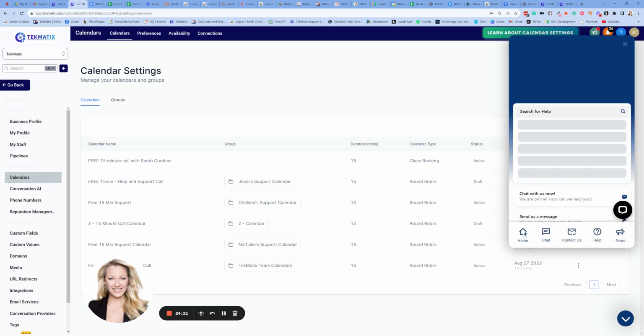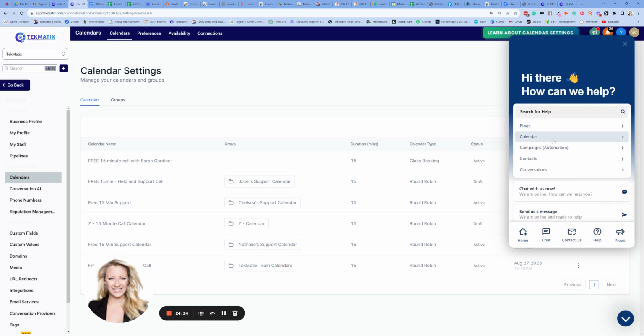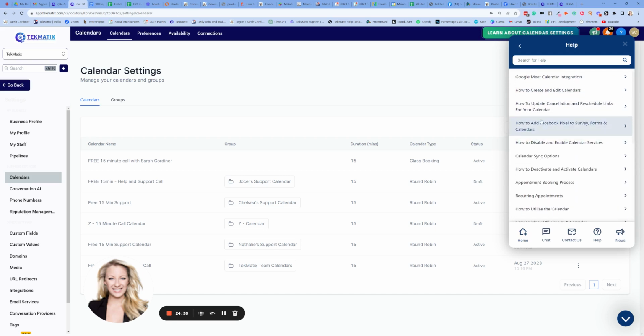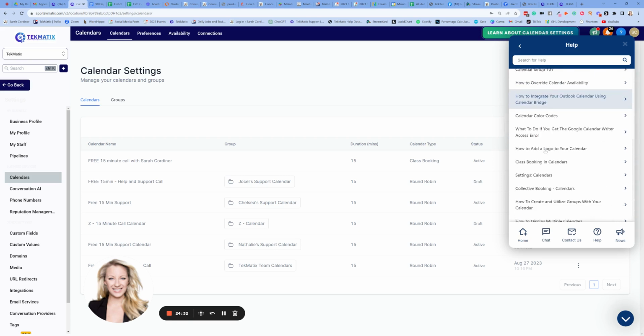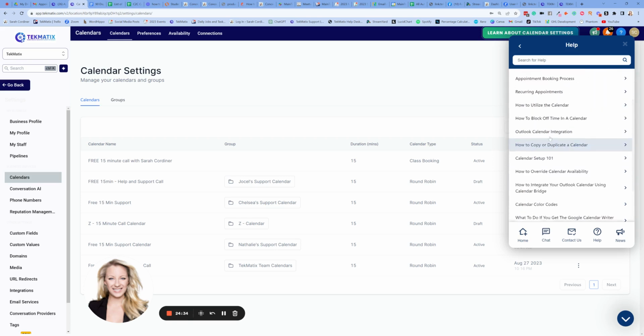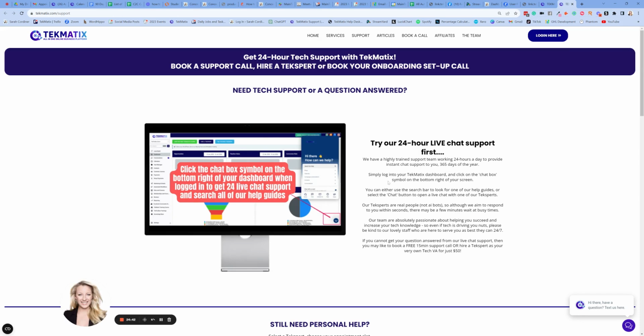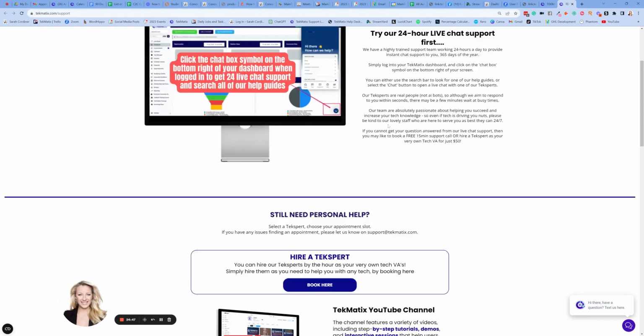You also have inside this home section, you've got a whole section on calendars. It's got lots and lots of how-to articles, how to connect them, how to sync them, how to integrate them, what to do if you've got any error messages or anything coming up. So you can use all of those information articles there, or chat with a real person here any time of the day. If you're still stuck, you go to the TekMatix website and you click on support, and you'll see here